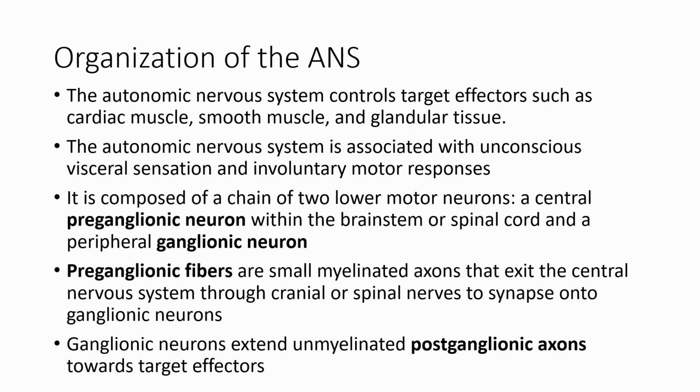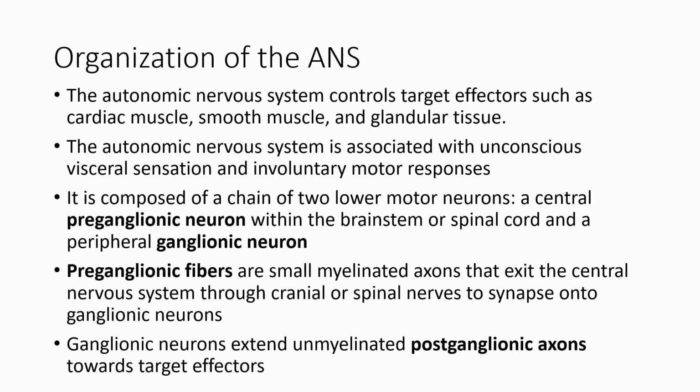So let's talk about how things are organized first. This is kind of like our general organizing that we see for both sides of the autonomic nervous system. In general, what we're doing with the autonomic nervous system is controlling effectors that we don't need to think about, like the muscle we find in our heart, the smooth muscle in our digestive system, glandular tissue, right? Things that you don't want to have to consciously be aware of. So the autonomic nervous system is just that. It's automated, right? It's automatic. So all the things that go with unconscious visceral sensation, involuntary motor responses,